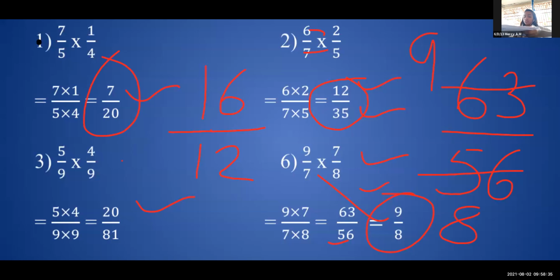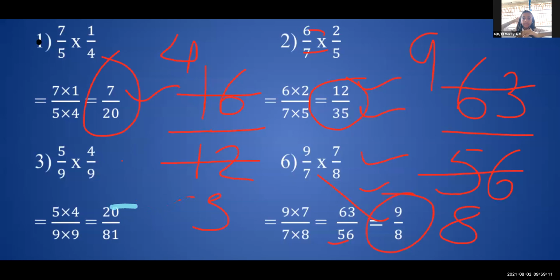4, how many times is 16? Very good. 4 4s are 16. So I will cut 16 and I will write 4 4s are 16 and 4 3s are 12. So my answer will be 4 upon 3. See, ऐसा नहीं करना है कि एक नंबर 4 से करना है और एक नंबर 2 से करना है. जब हम लोग कटिंग्स करते हैं तो दोनों नंबर एक ही टेबल से होना चाहिए. So 4 4s are 16 and 4 3s are 12.